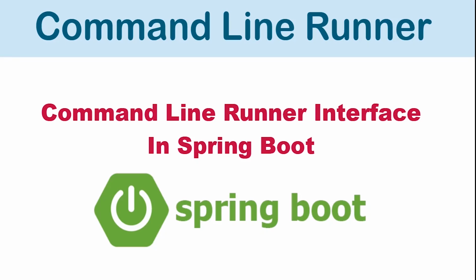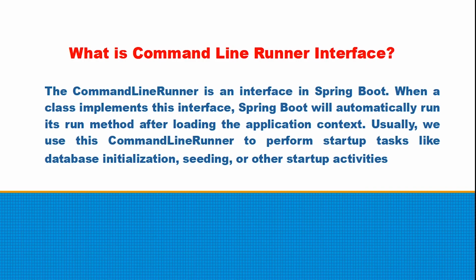In this tutorial, you will learn about the CommandLineRunner interface in Spring Boot. CommandLineRunner is an interface in Spring Boot. When a class implements this interface, Spring Boot will automatically run its run method. It has a run method. After loading the application context, we usually use this CommandLineRunner to perform startup tasks like database initialization, seeding,